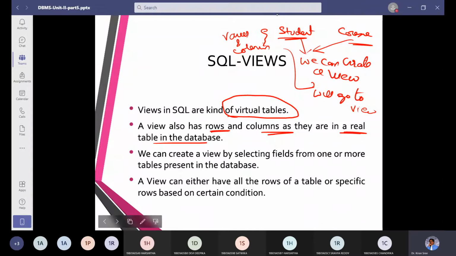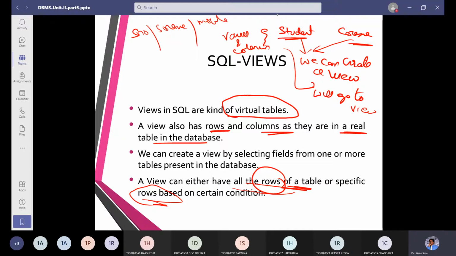As far as a view is concerned, it can have all the columns of a table or specific ones, it can have all the rows of a table, or certain rows. Assume student number, student name, and mobile are there.